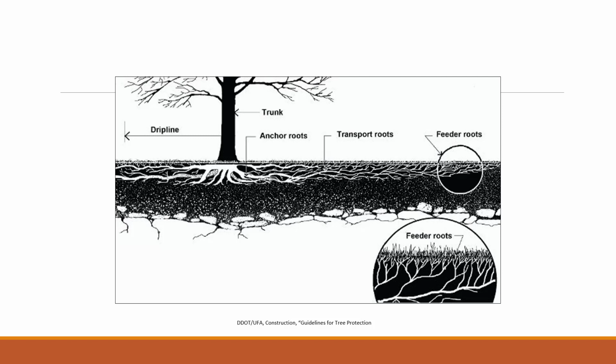And here's a close-up here. We've got our drip line, so a lot of people think that's where it stops. So your anchor roots are going to be closer in. Transport roots are the ones that bring the nutrients into the plant. And then feeder roots, that's the small parts of the root system that are the primary water and nutrient absorbers. Many small roots function for only 1 or 2 years and either die or become part of the larger root system.